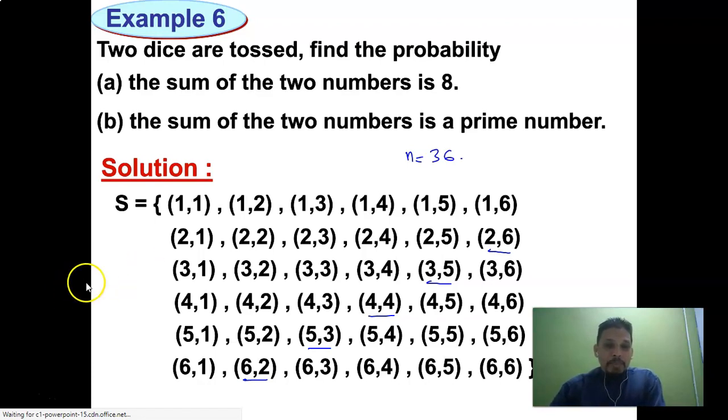Okay, so now let's see the first one here. The sum of two numbers is 8. Okay, sum of two numbers